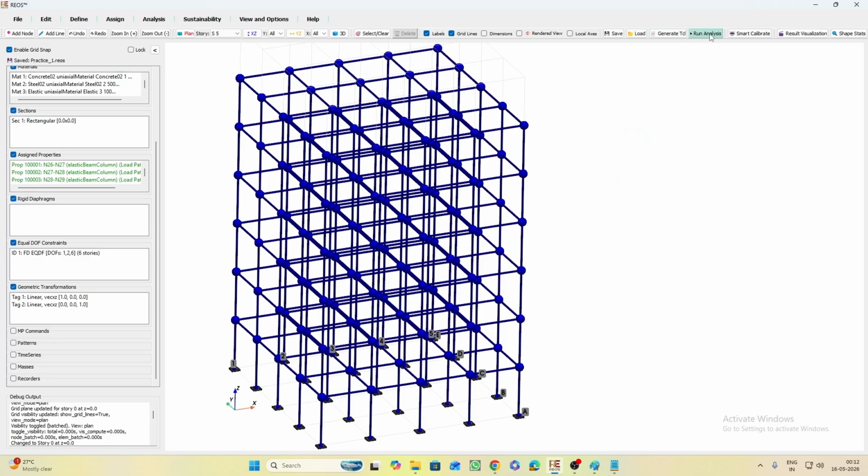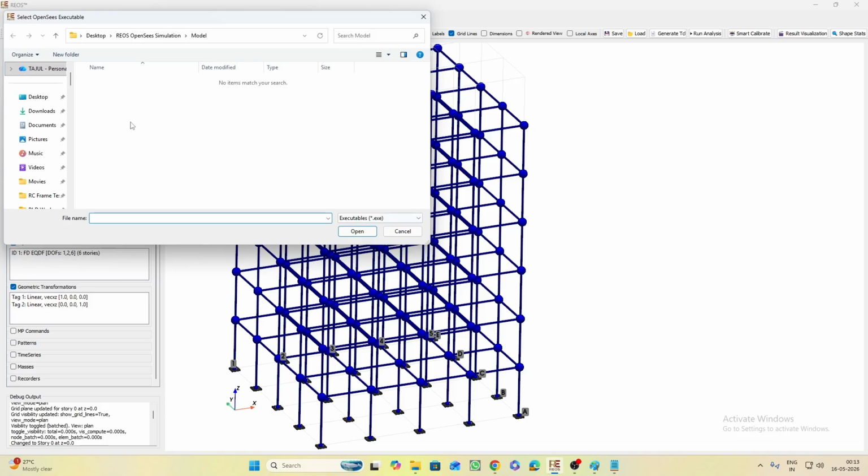You can either press this button or you can also perform the analysis by clicking on this perform analysis. I find it easy to use this button instead of going to this menu option. So you can click on run analysis. Now the software is saying that it is not able to find the OpenSees executable by default. So what you have to do is just click on this and